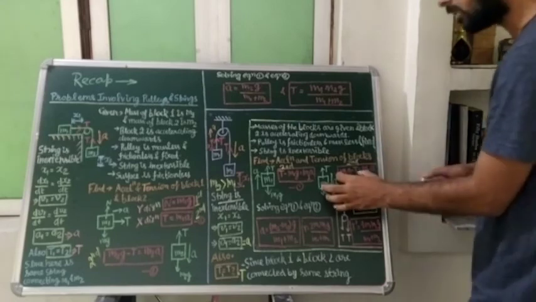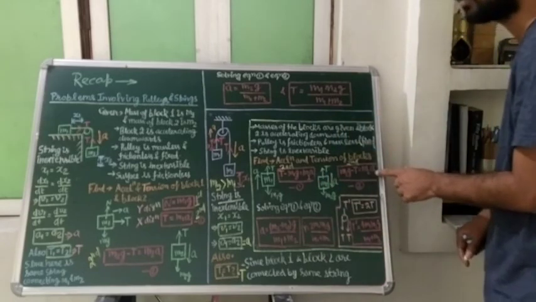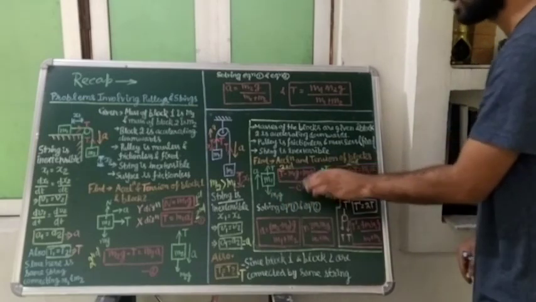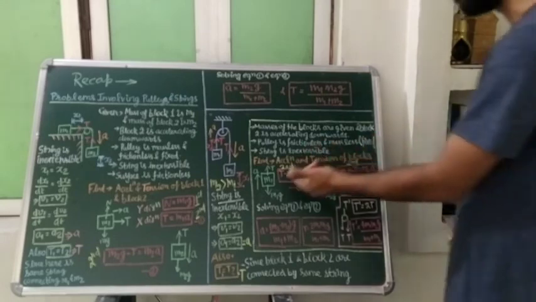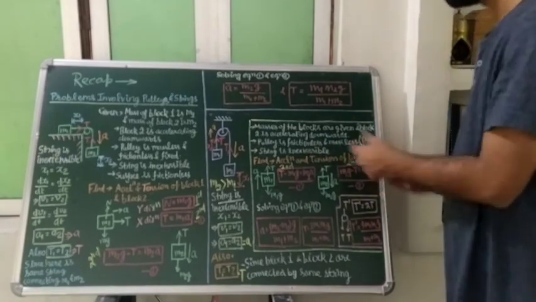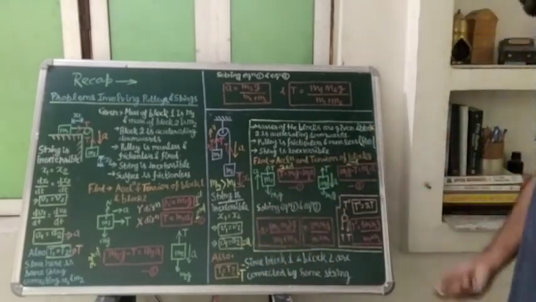The sum of the external forces should be equal to the mass times the acceleration of the body. So for body 1 it will be m1a, and for body 2 it will be m2a, since accelerations a1 and a2 are the same, and we are assuming them equal to a only.